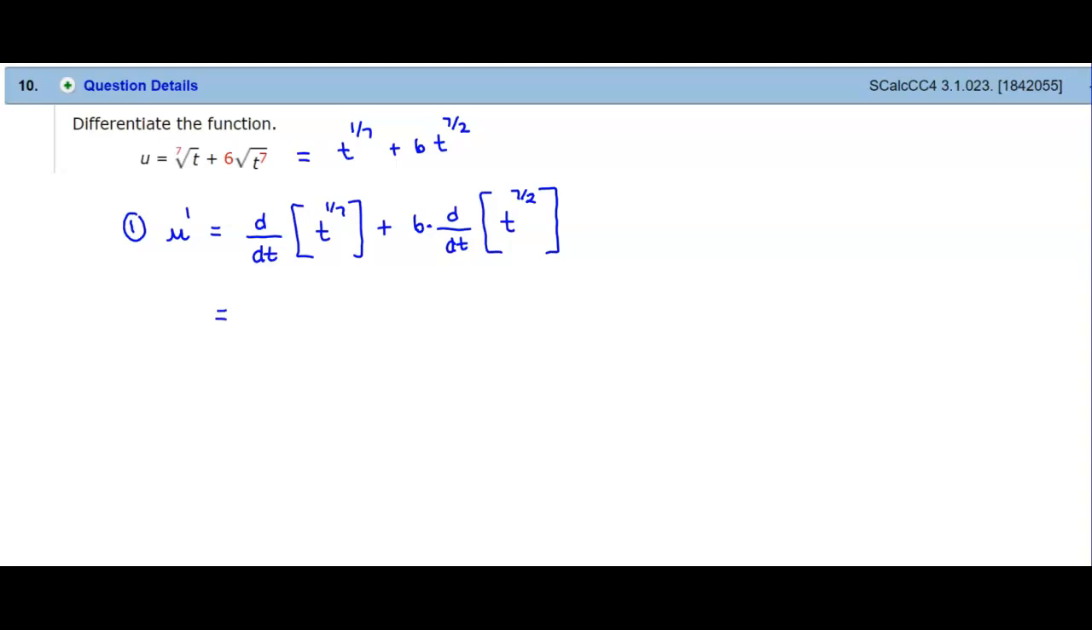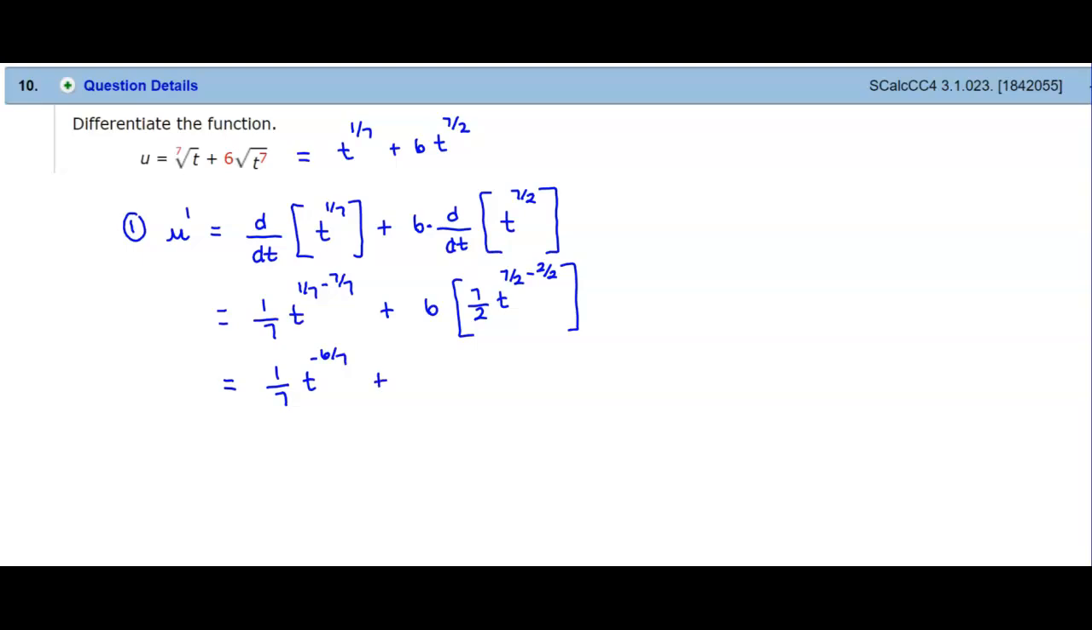We're going to use the power rule for the first one, so that means we're going to get 1/7 times t to the 1/7 minus 1, and minus 1 is the same thing as minus 7 over 7, plus 6 times we have 7 over 2 t to the 7 over 2 minus 1, which would be 2 over 2. And so now we get 1/7 t to the negative 6 over 7